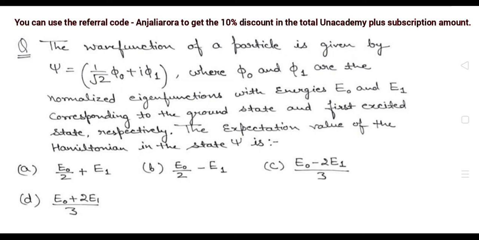And guys, today in this video we are going to discuss a question of quantum mechanics which has been asked in the previous years in CSIR Net Physics Exam. In this video mainly we will do the analysis of different methods. That means which is going to be the best one, which will be the less time taking, and which will give us the right answer quickly. I'm going to discuss two different methods in this video for this particular question, and I will let you know which one out of both will be the best one. Let's continue the discussion. I hope that this discussion will be helpful for all of you.